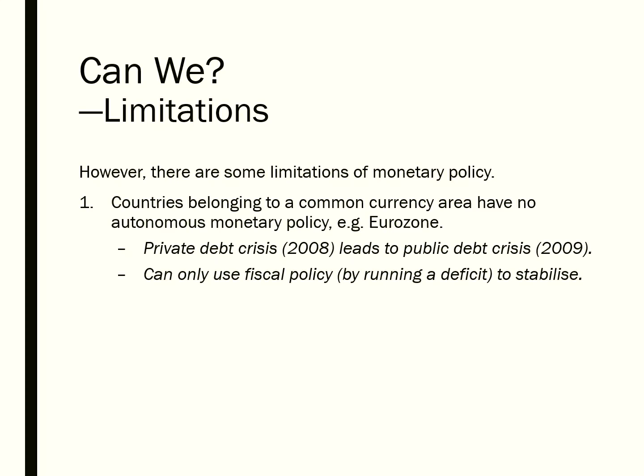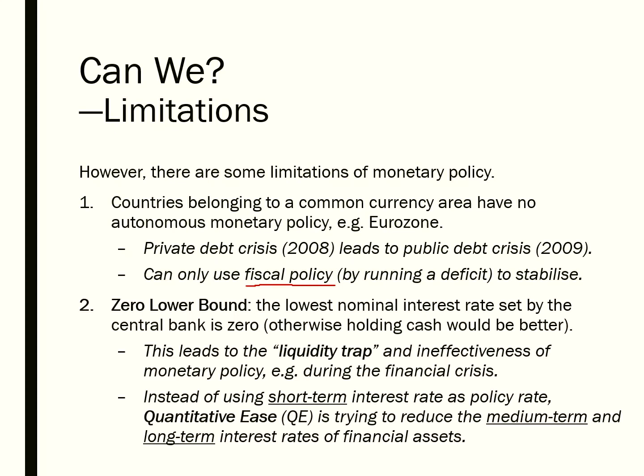Another limitation of modern monetary policy is the zero lower bound. The lowest nominal interest rate set by the central bank is usually zero, although some countries, like Japan, do have negative interest rates, but most countries cannot set the interest rate lower than zero. The reason is quite straightforward. If you borrow £100 today and the interest rate is negative, that means you only owe like £90 tomorrow. If I were you, I would just borrow as much as I can so that you can get the maximum